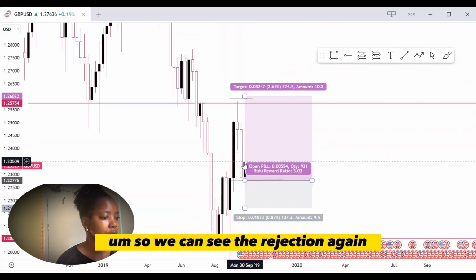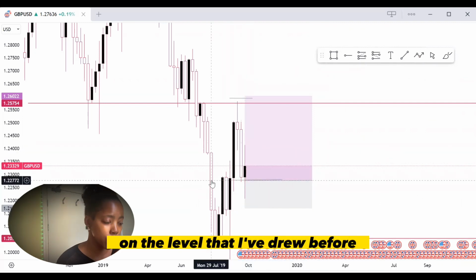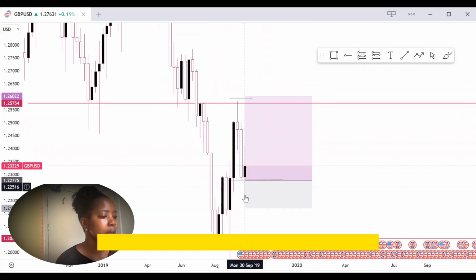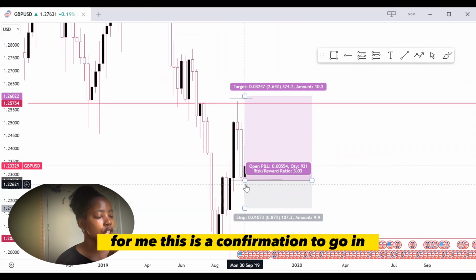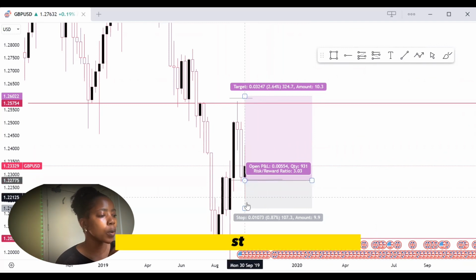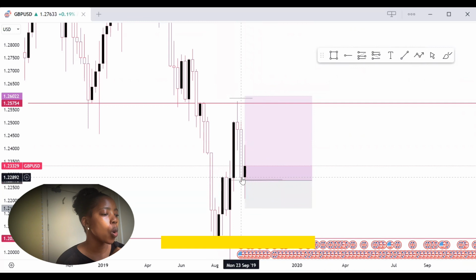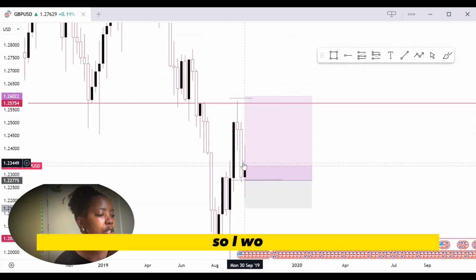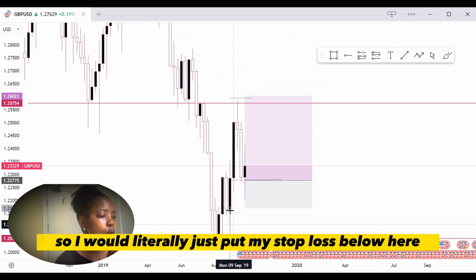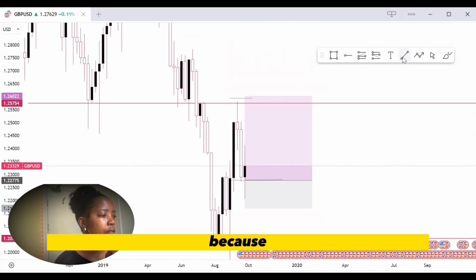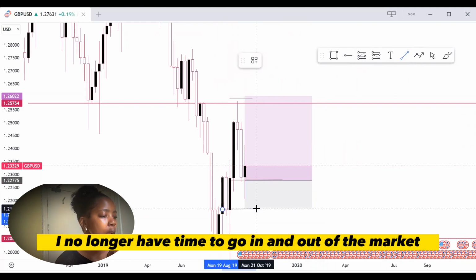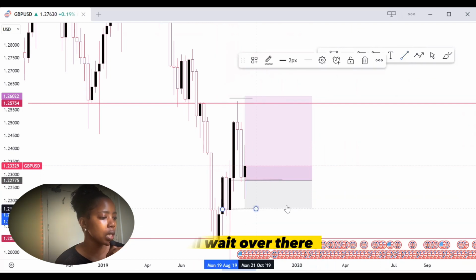So we can see the rejection again on the level that I drew before the price took action there. I drew that level. Now for me, this is a confirmation to go in. Stop loss can be below that low, or because I use orders to go in the market, I would literally just put my stop loss below here because I now swing, because I have things to do. I no longer have time to go in and out of the market. So I will wait over there to go in, right? And then